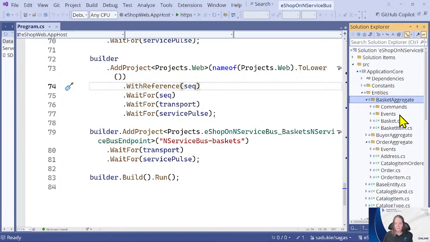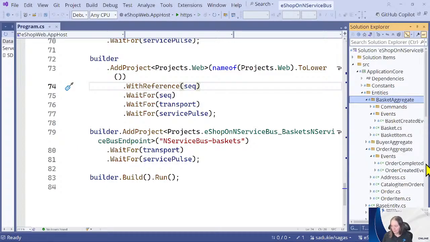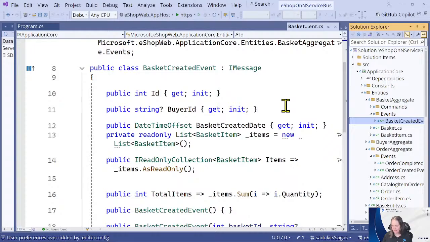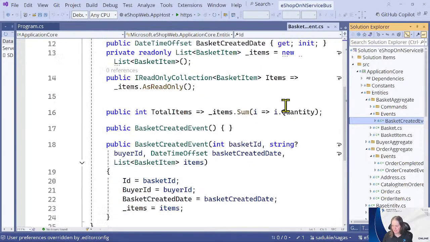I have events for the aggregate. Those events are going to be related to the aggregate that they are in. So BasketCreated is in our basket aggregate. Our events for OrderCompleted and OrderCreated are in the order aggregate. Now, just so you can see what's in them, standard events, so just tracking information.